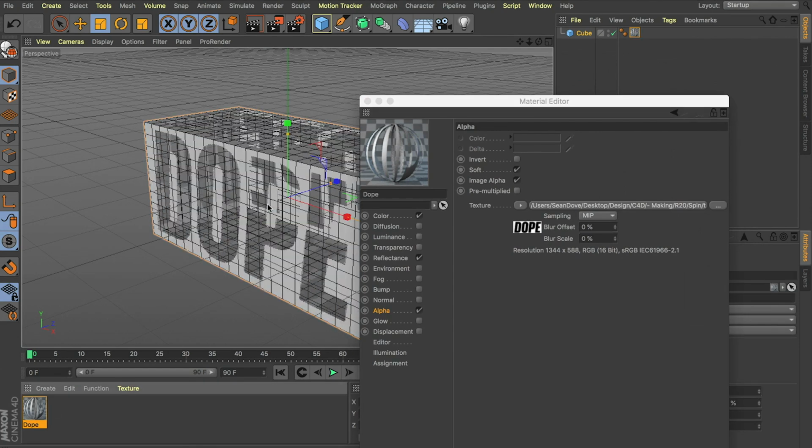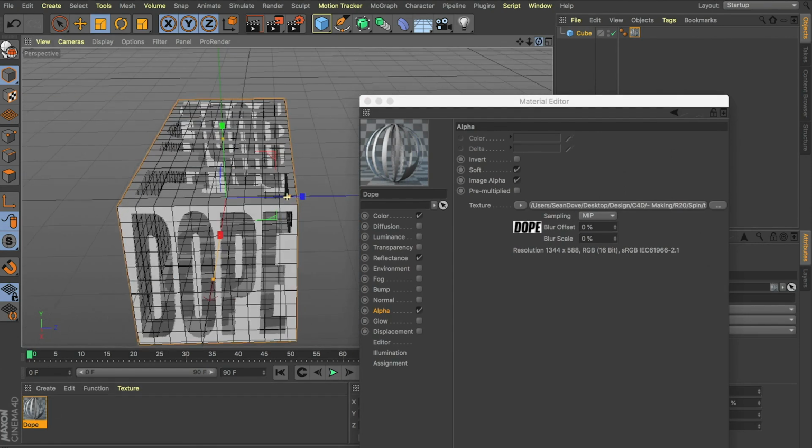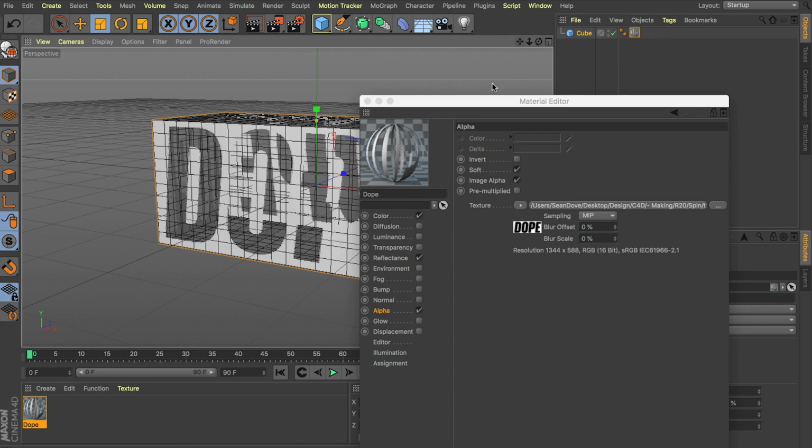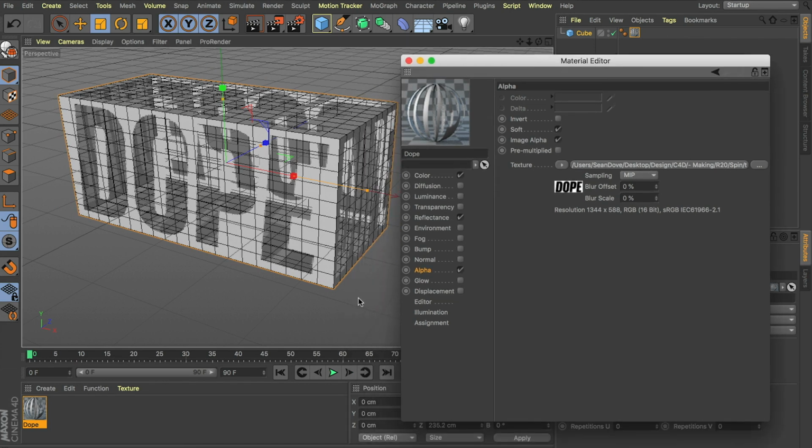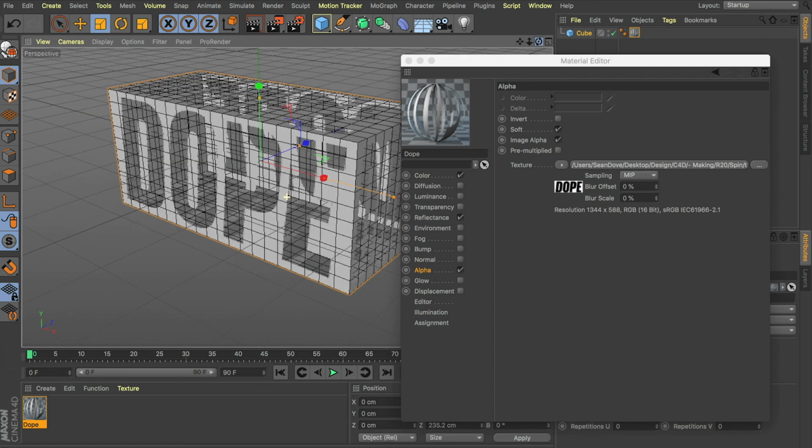And the reason we've applied this in the alpha is now this is masking wherever our black text is on the cube. When this texture is applied to our cube, you can see it perfectly fits that face. It perfectly fits the face of our cube that we've set. And that's why it's important to try and set your cube up to the exact same size that you've set your artboard up for your reference text.